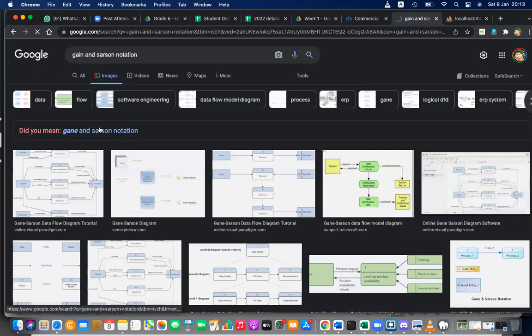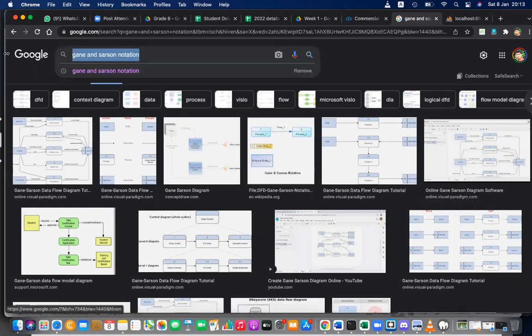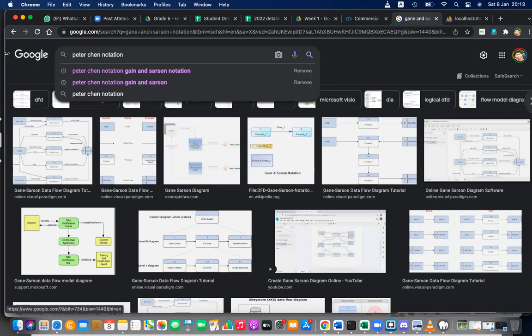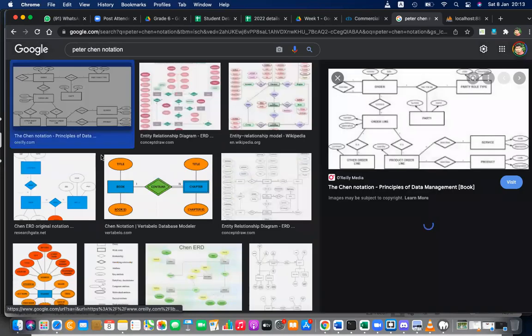Gane and Sarson, right? So here you can see. This basically comes with the DFD, Gane and Sarson data flow diagram model, and the other one is Peter Chen notation. It comes with ER diagrams, right? ER diagrams, Chen notation. This is called Chen notation, and you can see this more.